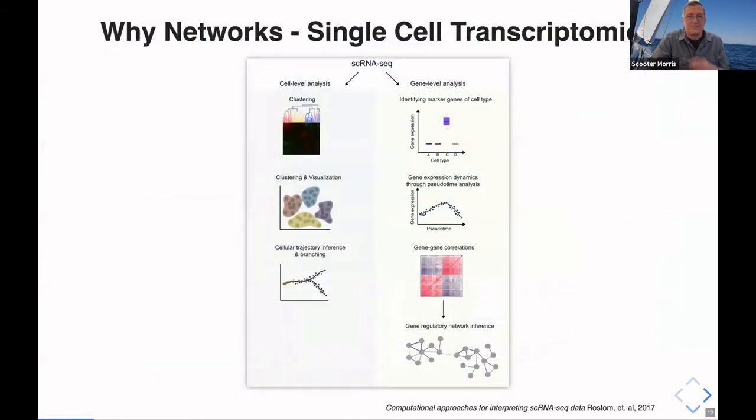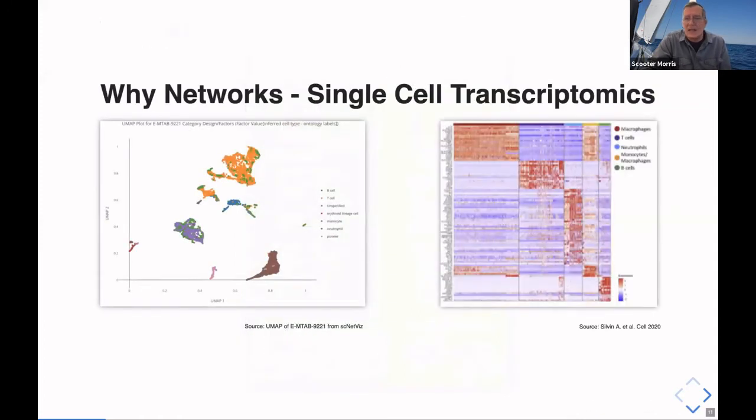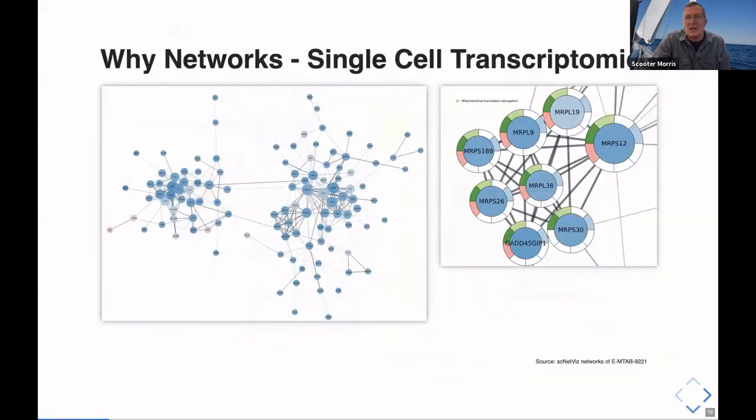The same thing goes for single-cell transcriptomics, which I'm not going to go through in detail, but if you think about it, at the end of the day, single-cell transcriptomics winds up with cell-cell interaction networks and gene regulatory network inference. At the end of this long single-cell RNA-seq cycle, we wind up back with networks. Again, I don't want to go into too much detail on the single cell, but you can see how this could be useful. This, by the way, is taking advantage of doing some enrichment analysis